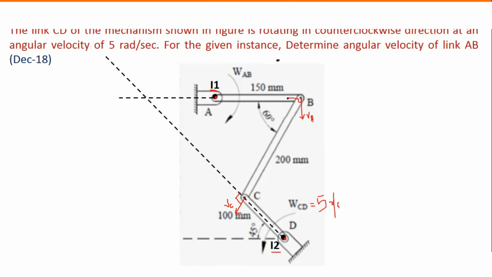If I go by the shortcut method, what I have said is you just extend the links which are hinged. So see here, this link is hinged, so I am extending it towards this side, and here this link is hinged, I have extended this link this side. So wherever they meet, that will give you an ICR. By any method you go, either the shortcut method or the conceptual method, the ICR will be the same. So this is my ICR I3.